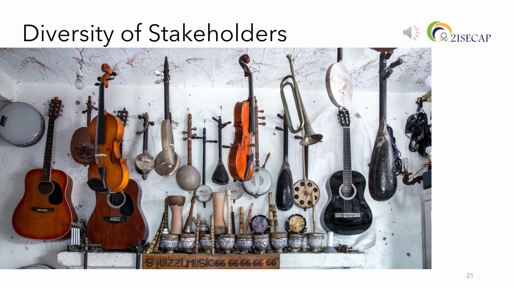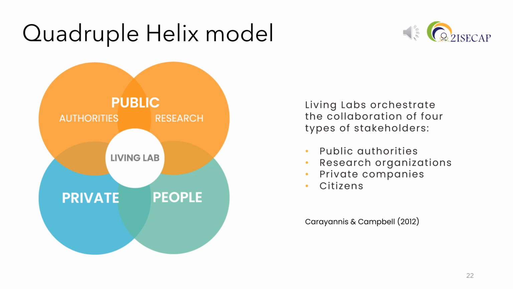The main challenge here is that there are a lot of different groups of stakeholders, each with their specific interests. How are we going to create a common vision and harmony between them? This is the goal of the Living Lab. In Living Lab methodology, we consider the perspectives of each stakeholder area. There are 4 different stakeholder areas, and for this reason, we call it the quadruple helix model, consisting of the